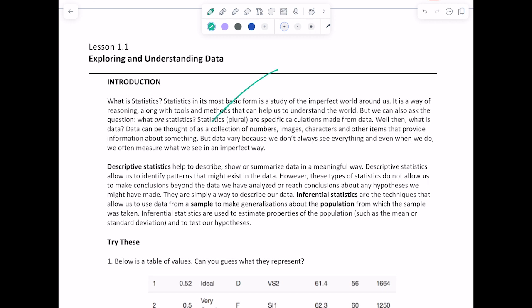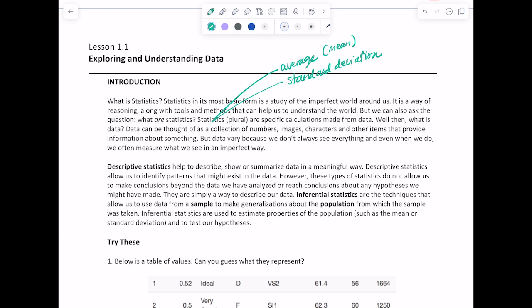So statistics, not the actual subject, but the calculations, could be averages, which is also known as the mean. We're going to look at how important the mean is. It's a measure of central tendency. We can look at standard deviation, which is a measure of spread, how the data is spread out and how each data point varies from the mean. And of course, we can look at mode and median and all other types of measures of center,